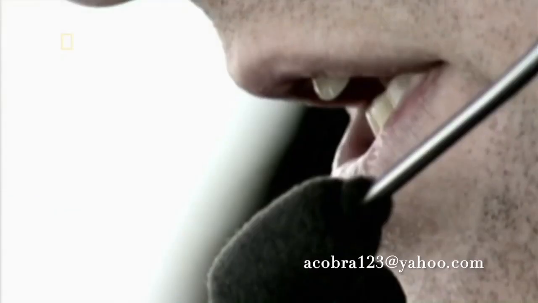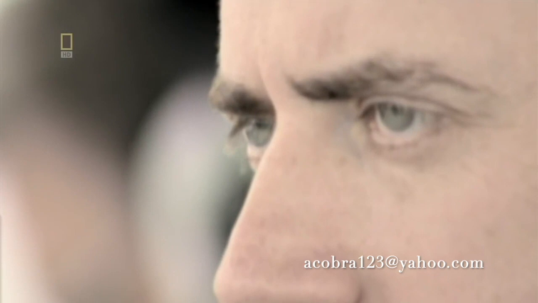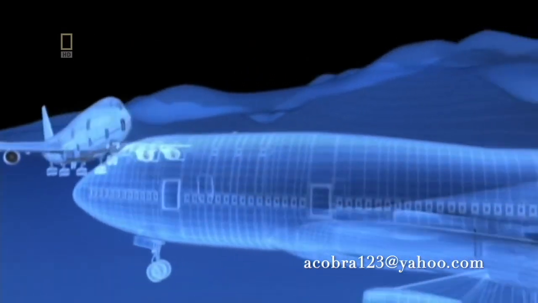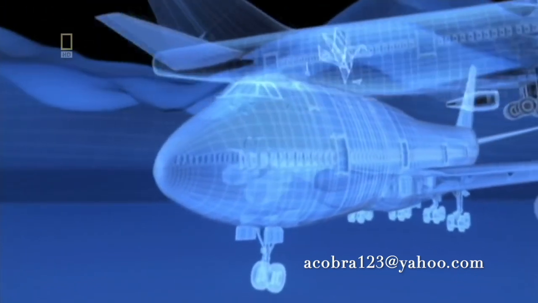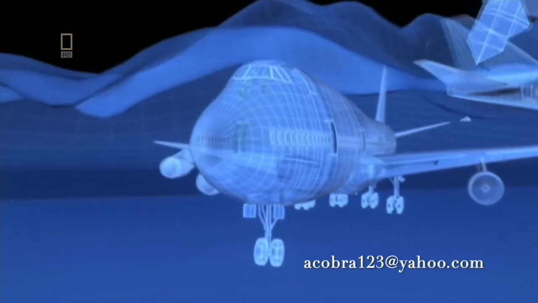The KLM smashes into the American Jumbo at 290 kilometers per hour. The air traffic controllers hear the explosions, but because of the fog, they can't see anything. They're unable to make radio contact with either plane. The KLM 747 has careered into the Pan Am, slicing off the upper deck.